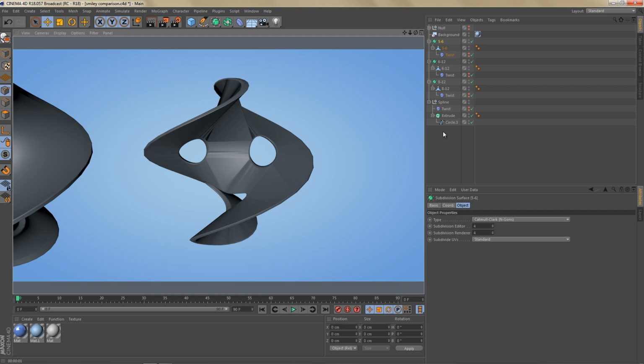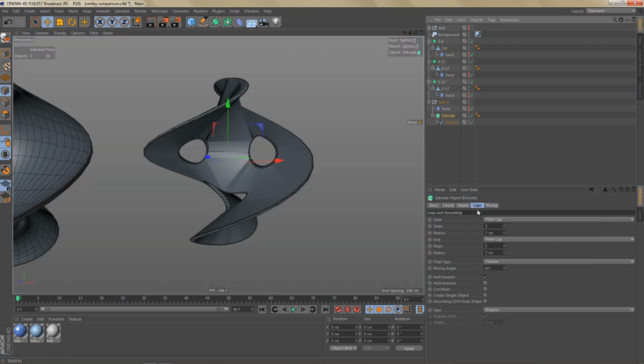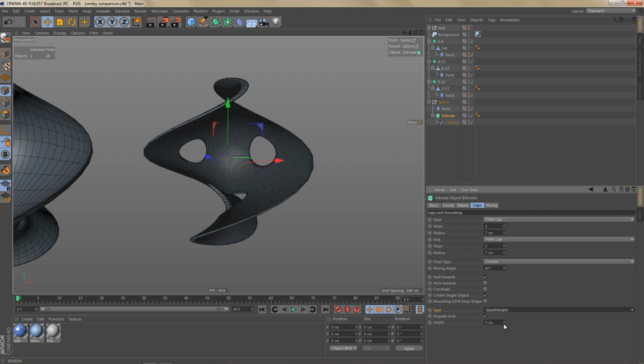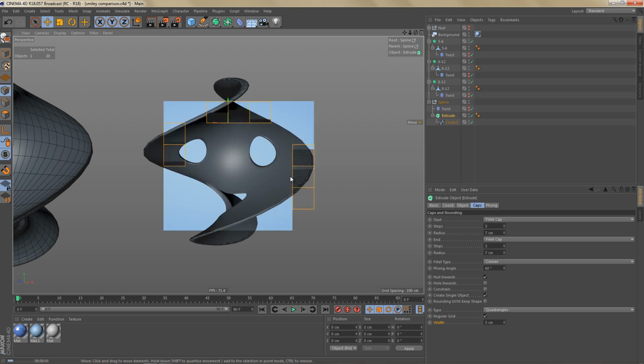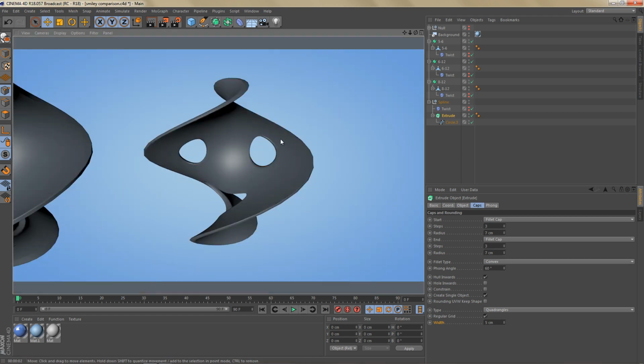So usually what you do is you go to the extrude object, and here on the caps tab we can turn this into a single object. You can already see some things change and it looks a little bit better. And then we can also switch the type from n-gons to quadrangles. And we can also select regular grid. I've already prepared the settings. And we can change the width. In this case, I have changed it from the default of 10 to 5 centimeters. So we're getting a pretty dense mesh, but the deformation already looks a lot better,